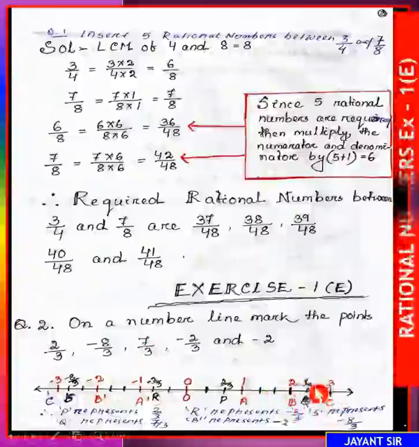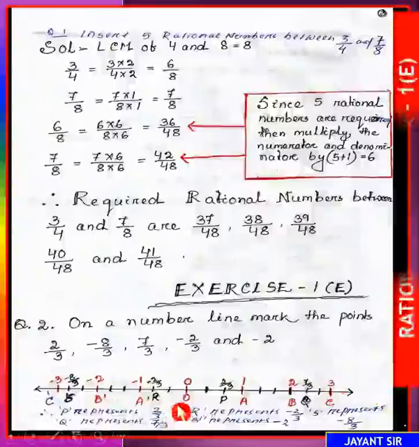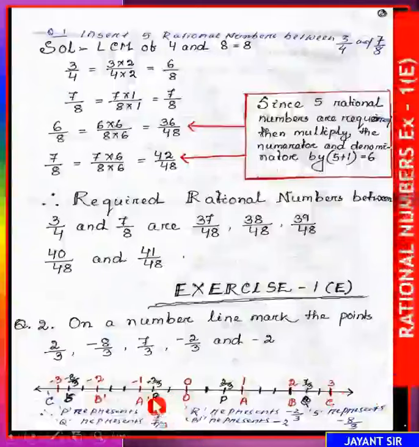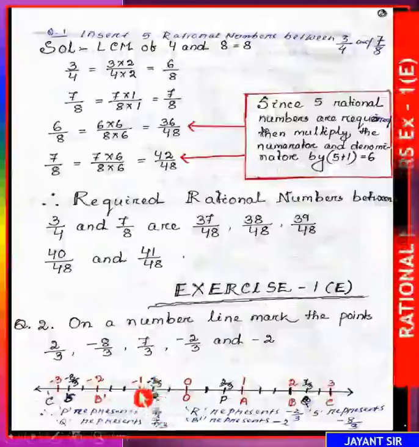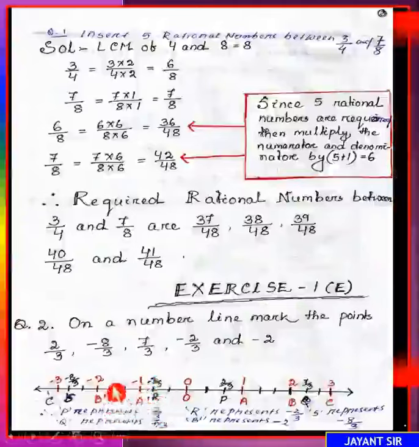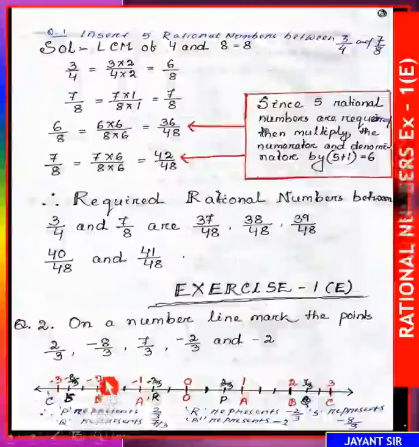But the question is given that 7 by 3. Let it be. Now come to the left side, the negative side. That is minus 1 by 3, minus 2 by 3. The question is given that minus 2 by 3. We are given PQ, that's why we represent that as R. Minus 2 by 3, minus 3 by 3, dividing, minus 1, minus 4 by 3, minus 5 by 3, minus 6 by 3.